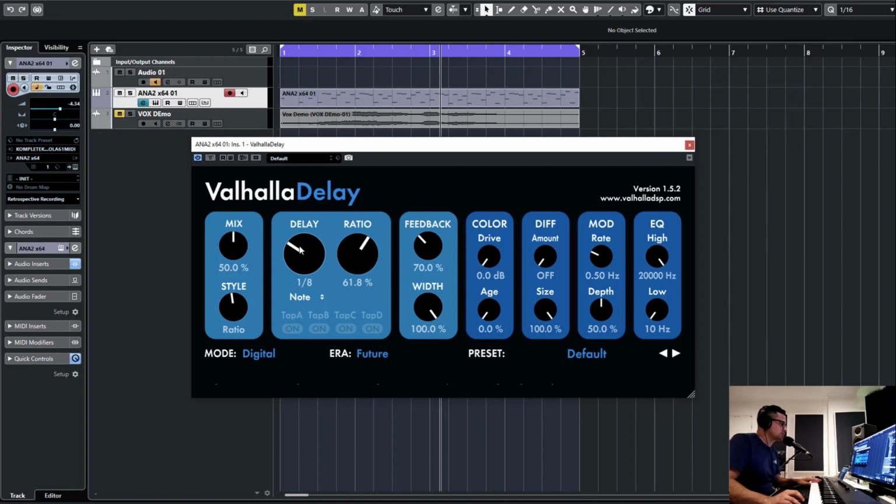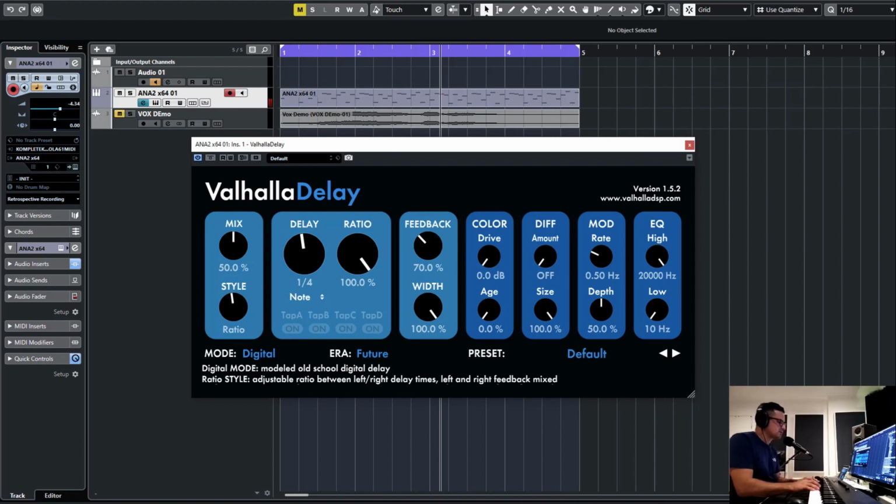Then we have the ratio mode, which basically you set your time base on the left at a ratio of 100. It'll act just like the mono delay, but bringing that down to say 50%, this will result in it being a quarter and an eighth note. And this is kind of handy for subtle shifts in your delay patterns. If you want to loosen up the delay slightly, you can even induce a slight sort of chorusy effect on the delay itself